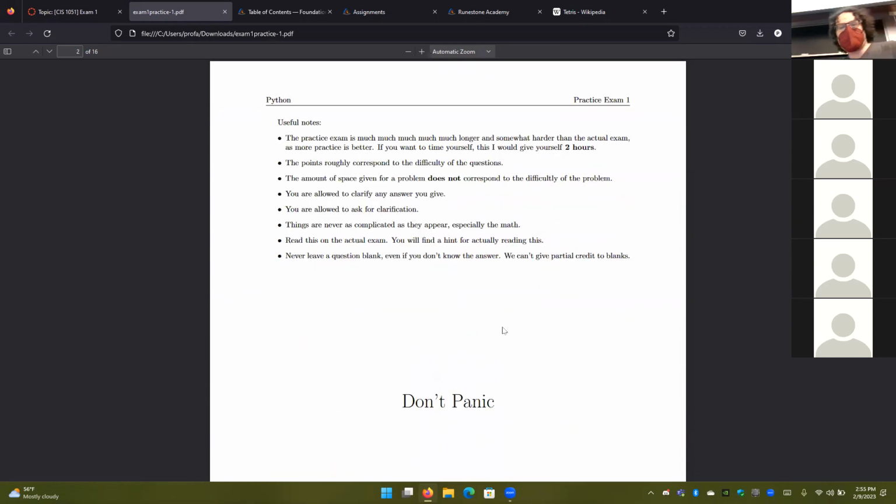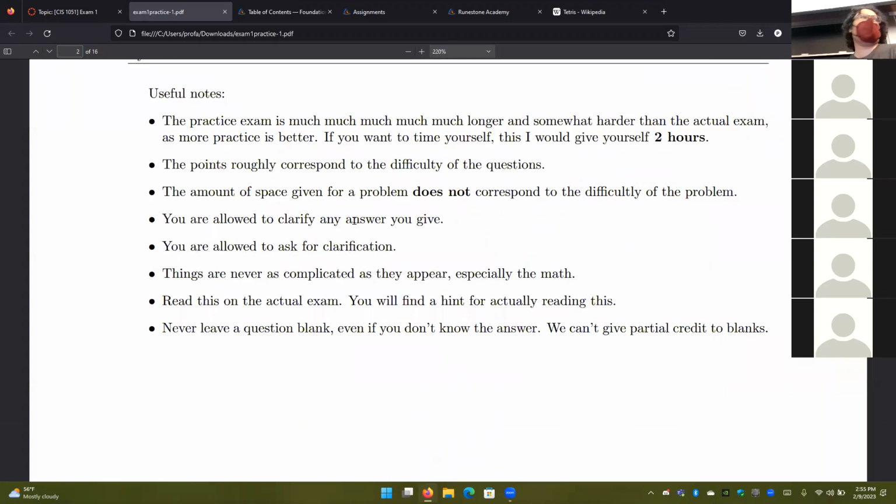There are some general things. The points I give out on these questions roughly correspond to the difficulty of the question. The amount of space I give does not correspond to the difficulty. It corresponds to the fact that this is on paper, and on paper I would have to give you plenty of space to write stuff.